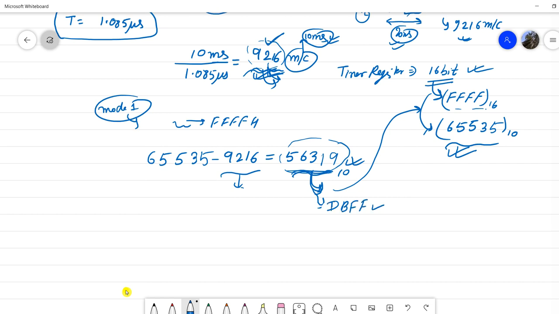So this is the number which we can use to generate our square wave of frequency 50 kilohertz. So what we will do? We will load this value to the timer register, and from there the timer register will roll to this final value, and in doing so it will consume this much amount of machine cycles.